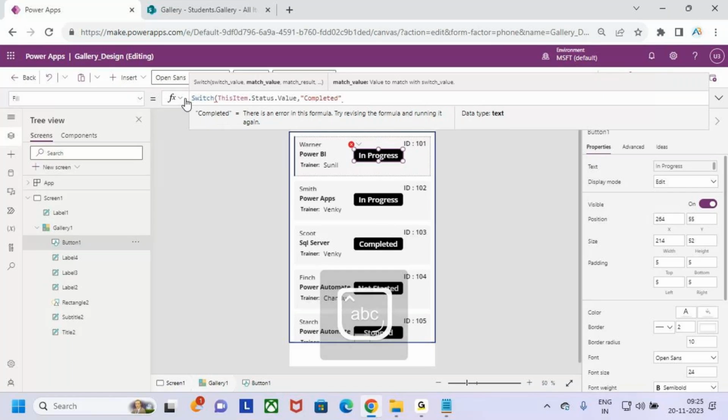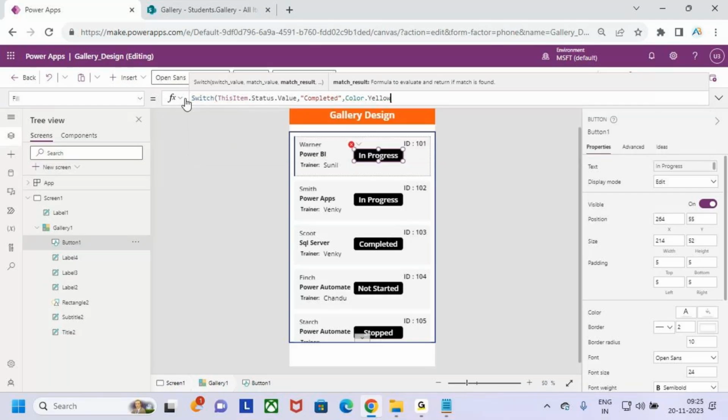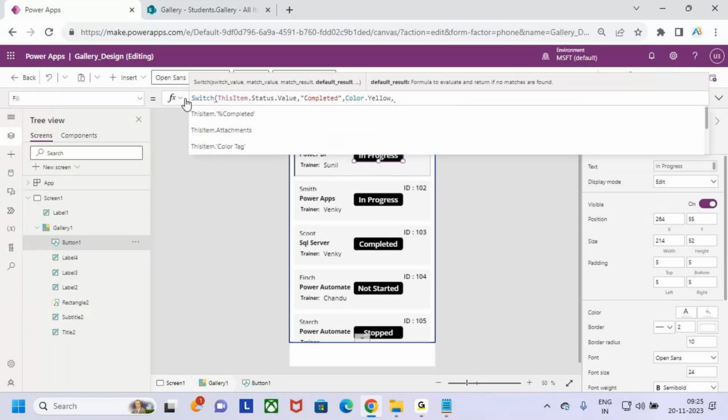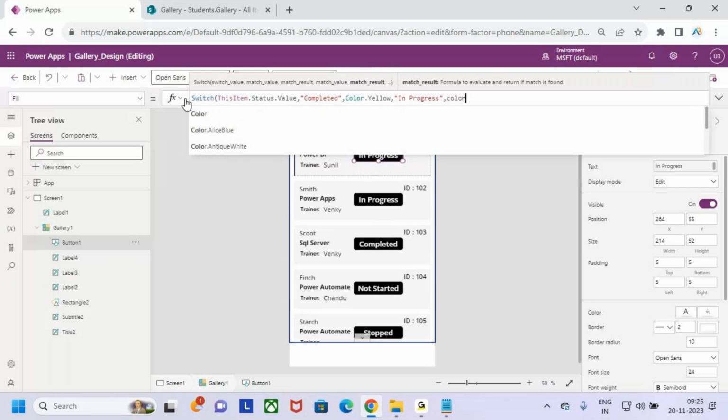If it is completed, then what is the color I want to display? I want to make the color as Color dot yellow. Color dot yellow. This is the color I want to keep. Otherwise, if it is in progress, then what's the color I want to display? Color dot